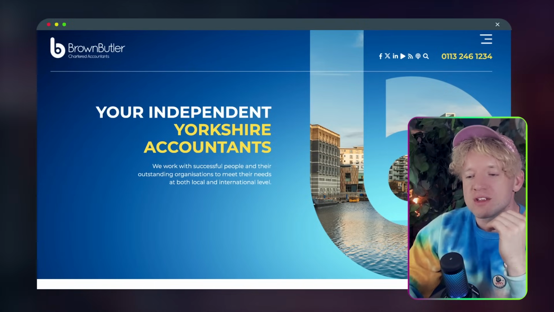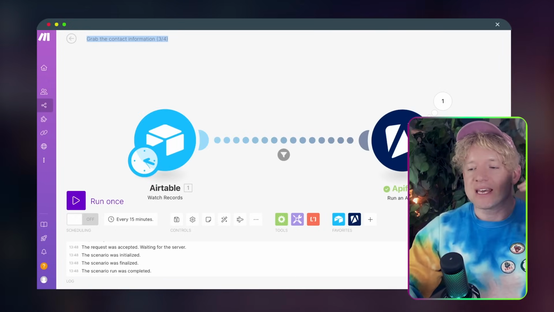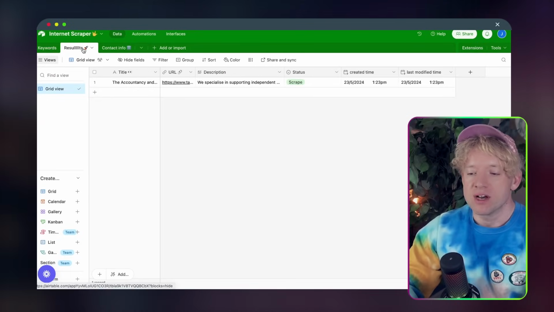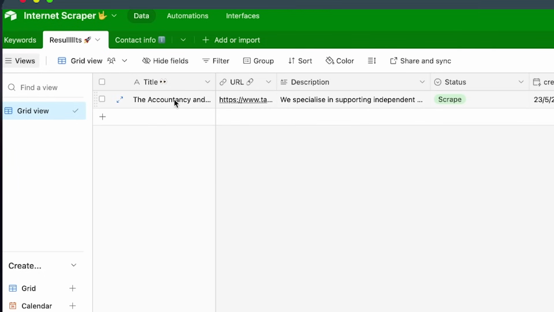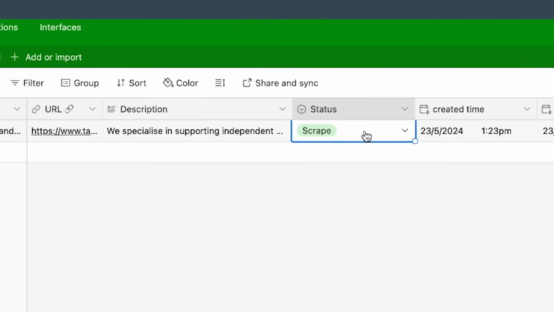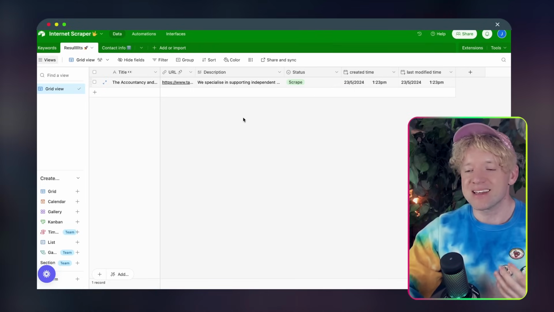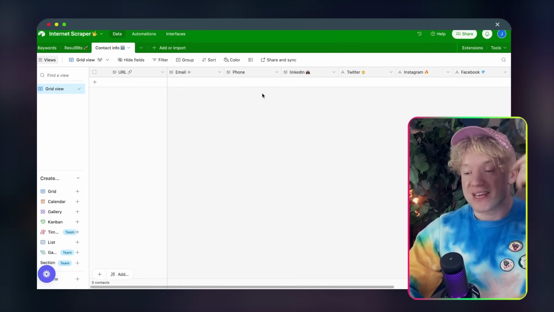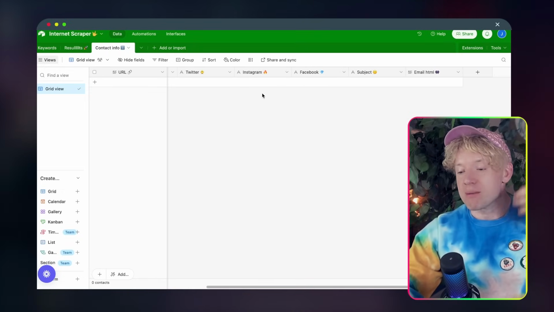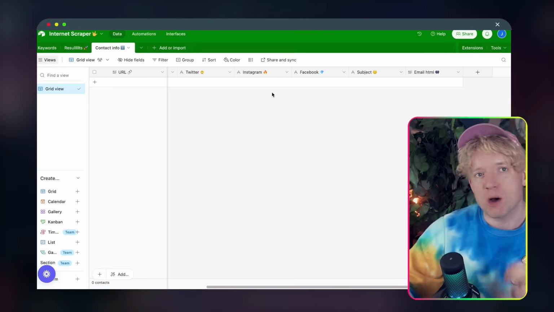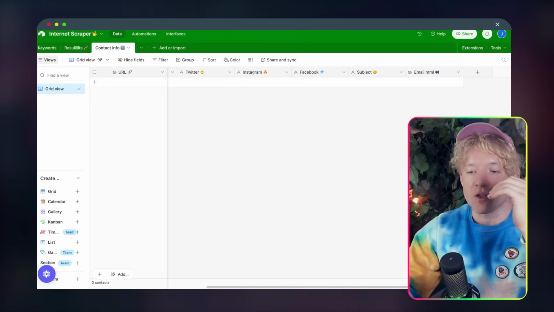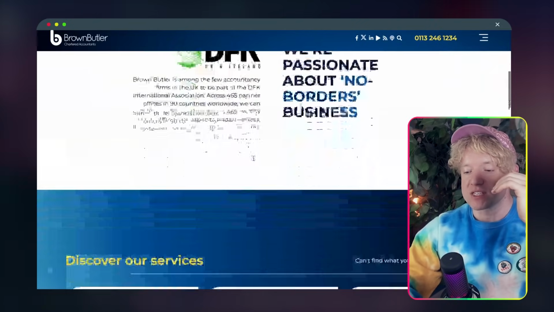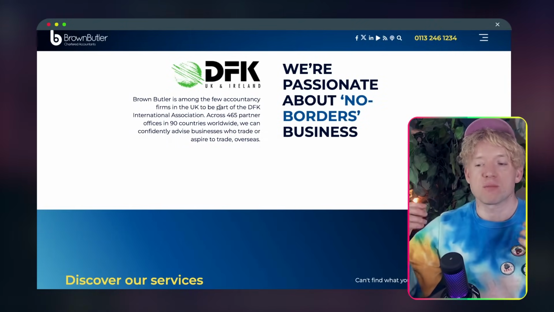And then what this system will also do, and there's a couple of parts to it, is pre-populate it all. Here, first of all, for you to decide: here's the title of the website, here's a URL, here's what they do. Do I want to scrape it? Do I not want to scrape it? You can decide that here. And if you decide that you do, it will pull through all of the information: their email, phone, LinkedIn, Twitter, Instagram, Facebook. And then on top of that, based on what is in that website, say, for example, these guys have won an award over something unique,